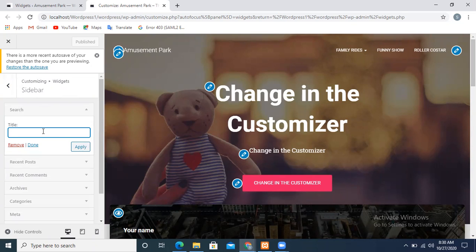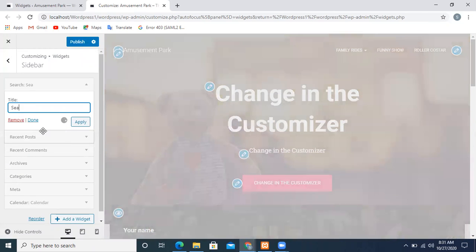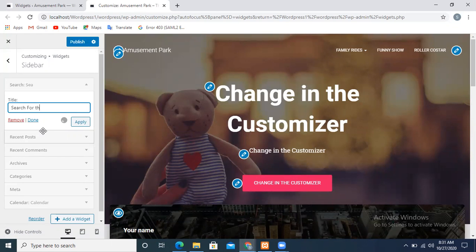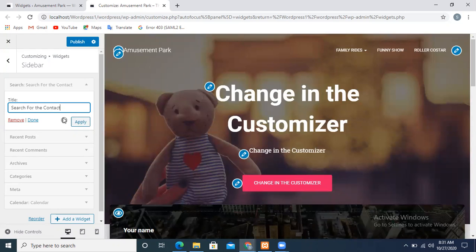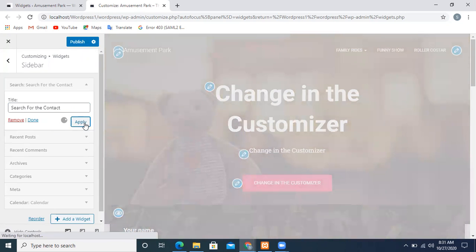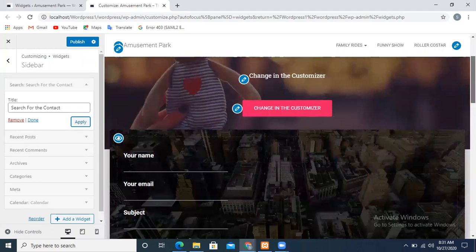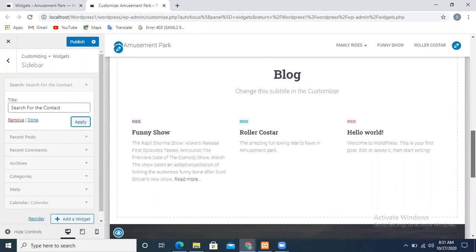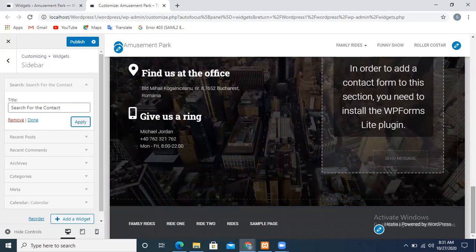For example, you can write anything and then simply click apply, and then publish it.